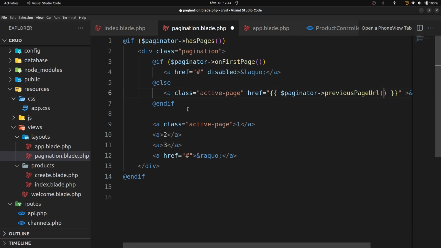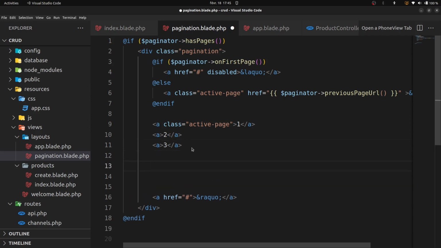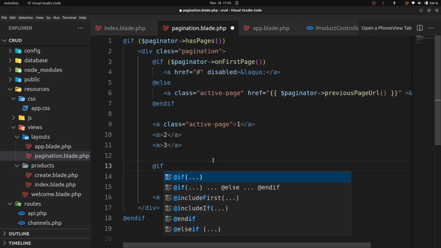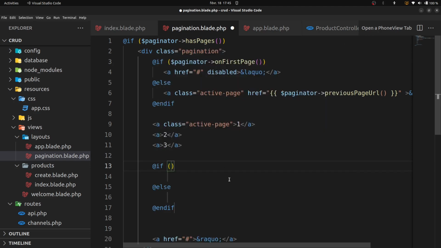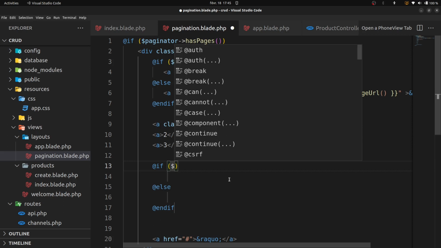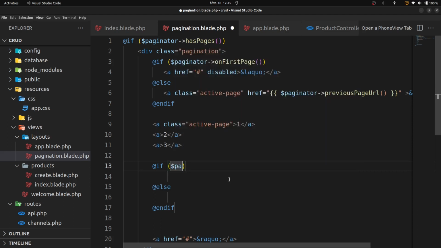Alright. Let's now add another if condition. If paginator has more pages,